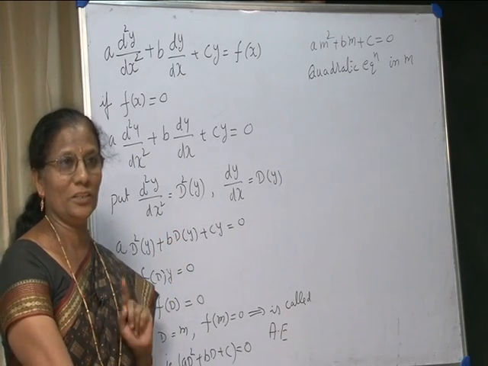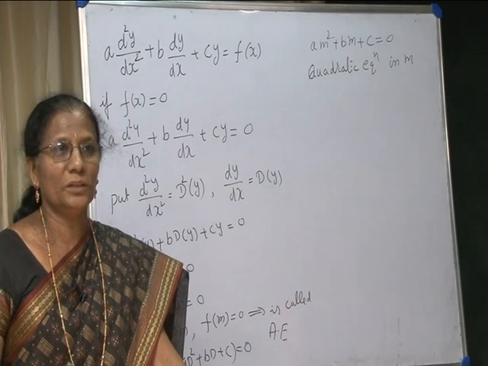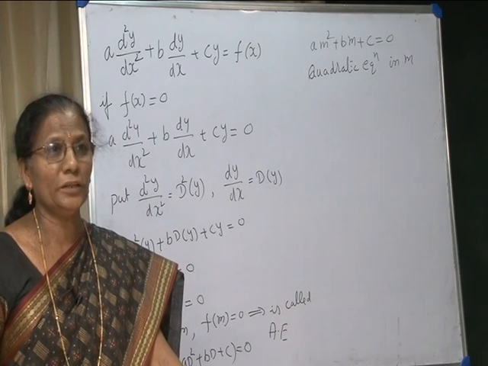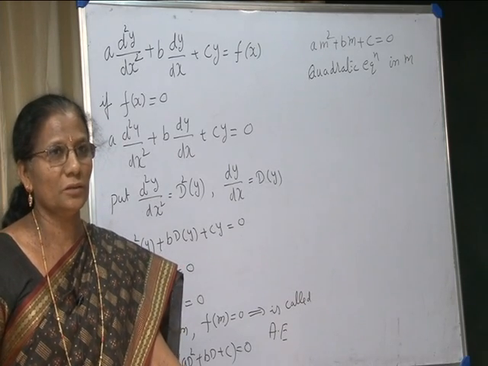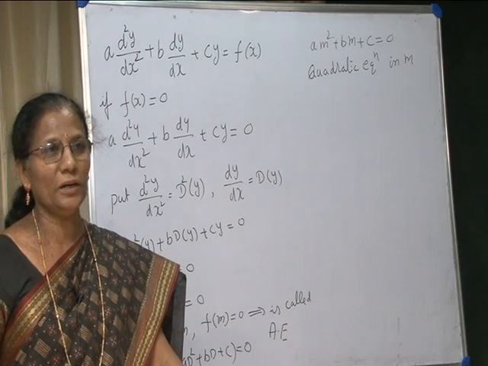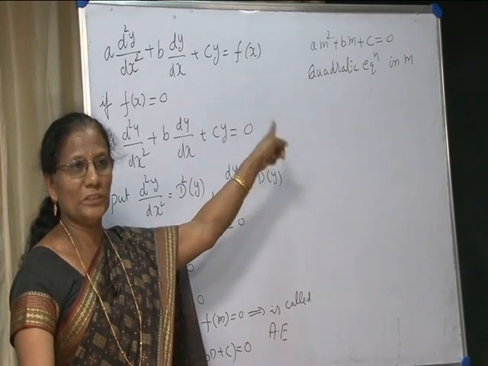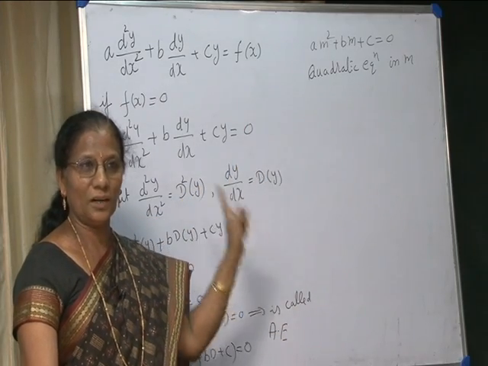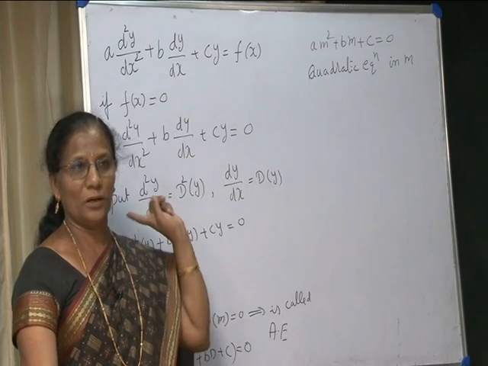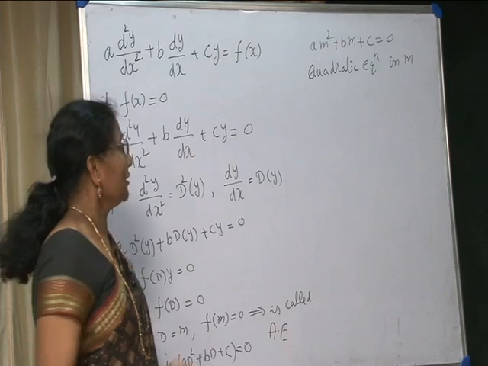When the equation is ax squared plus bx plus c is equal to 0, then x is equal to minus b plus or minus square root of b squared minus 4ac divided by 2a. How to solve the quadratic equation? The first method is by factorization, the second method is using the formula. Find the values of m first, then its solution is